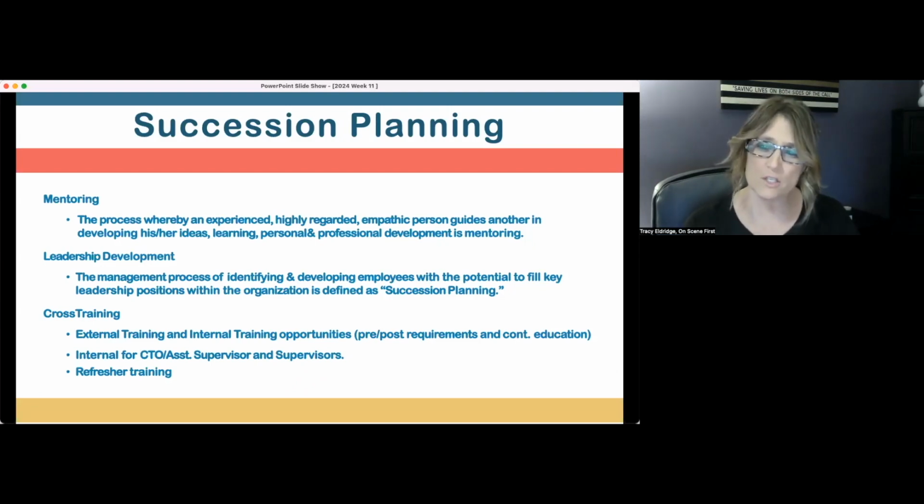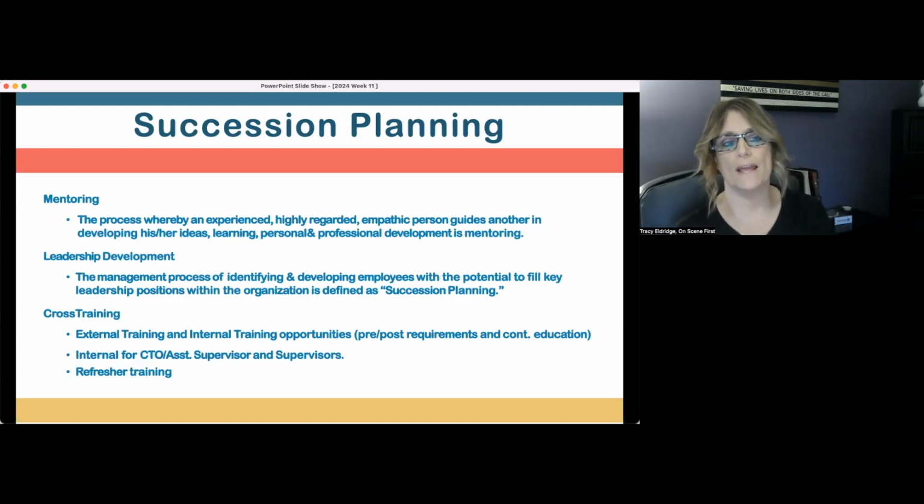Limited information on succession planning. This all kind of goes together. First mentioned is mentoring. Mentoring is the process whereby an experienced, highly regarded, empathetic person guides another in developing his or her ideas. Learning, personal and professional development is mentoring. Leadership development. The management process of identifying and developing employees with the potential to fill key leadership positions within the organization is identified as succession planning, meaning grooming folks in a positive way